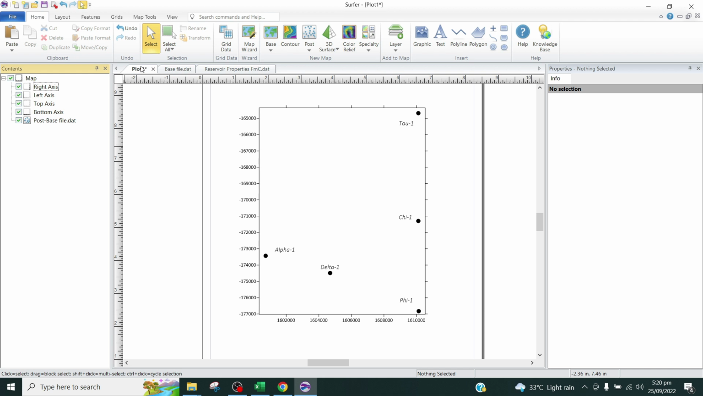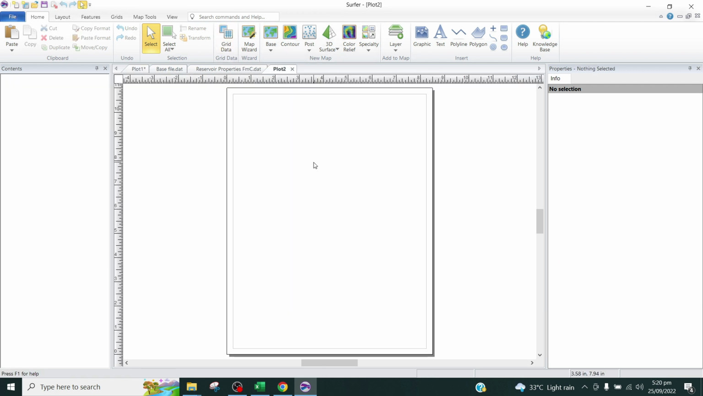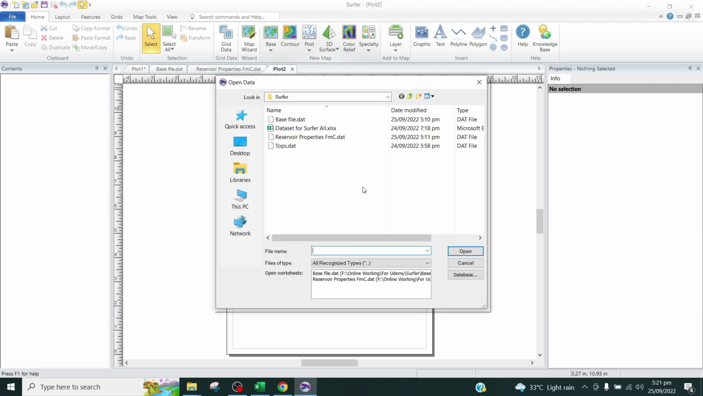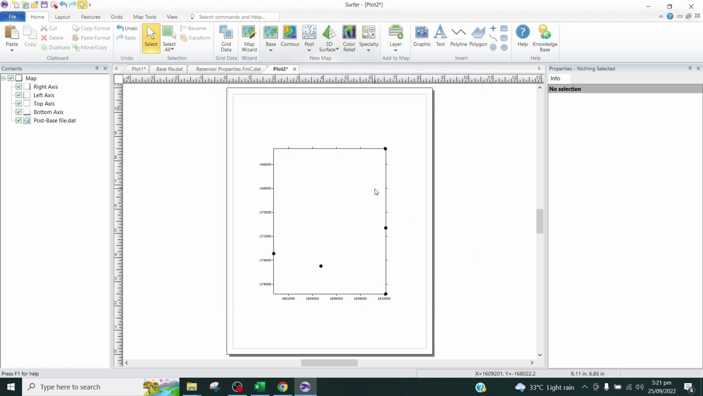So let me just make another plot window. I'll go to the new plot here, and I will make another base map without going to the map wizard. So it's very easy. You see in the home tab there's a post option. Just click on this and click on post. Now it's asking me where is my file. These are my files already in the Surfer window. I can just select it from here, or I can select it from where I saved it. So just click on this, open, and see, it displays